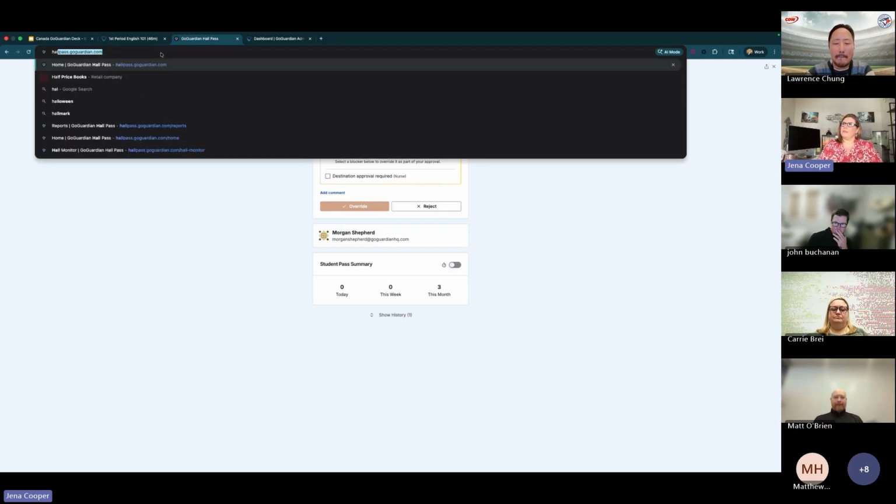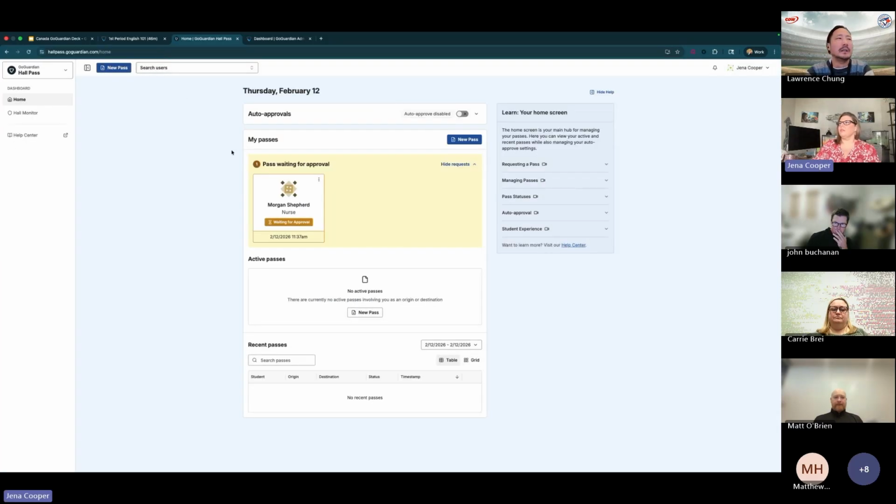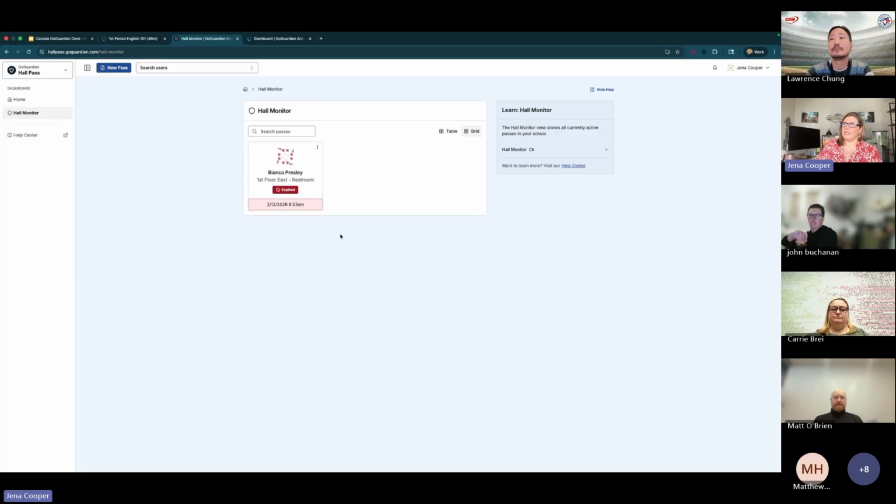And so I'm going to go in there really quickly. And you can see that this is waiting in my main system for approval. The hall monitor is allowed to see everybody that is in the hallway at the same time as well. And as an administrator, you have the ability to set up all of the settings in Hall Pass of who's allowed to be in the hallway. You can limit the number of passes for a student as well. So if you have somebody who's going to the restroom every 30 seconds during the day, I can say they're only allowed to have 2 passes during the day. And so then when they run out, it's going to put that blocker in as well.